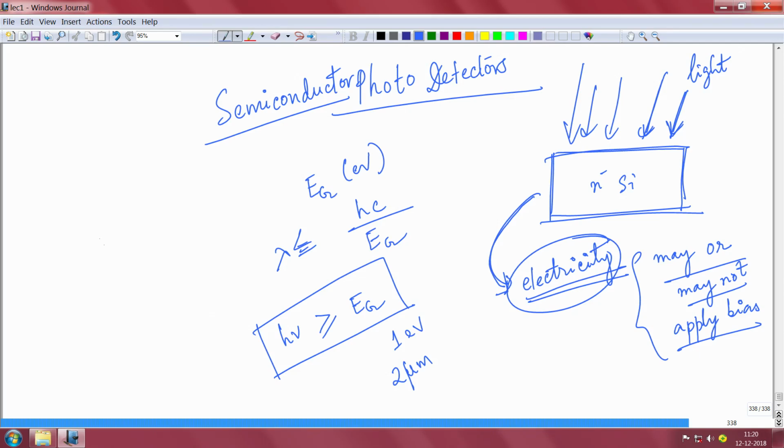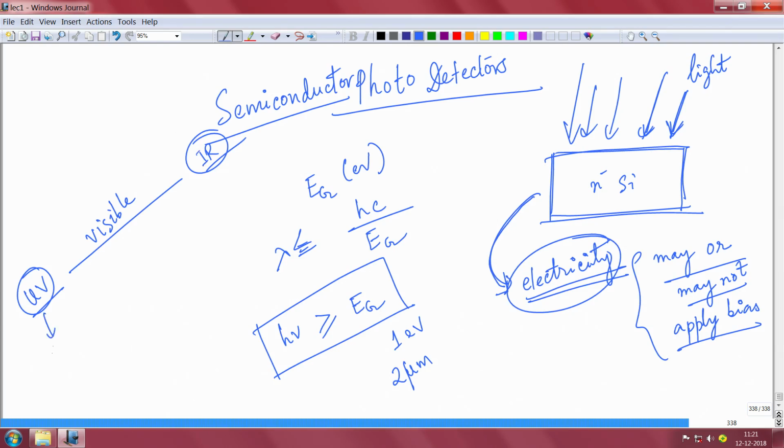So when I say photodetectors, it need not be only visible. Visible has all these red, yellow, green, blue and so on. It can also mean infrared. It can also mean UV. Infrared and UV are not visible to our eyes. We cannot detect infrared or UV, but there are sensors, photodetectors that can detect infrared and UV.